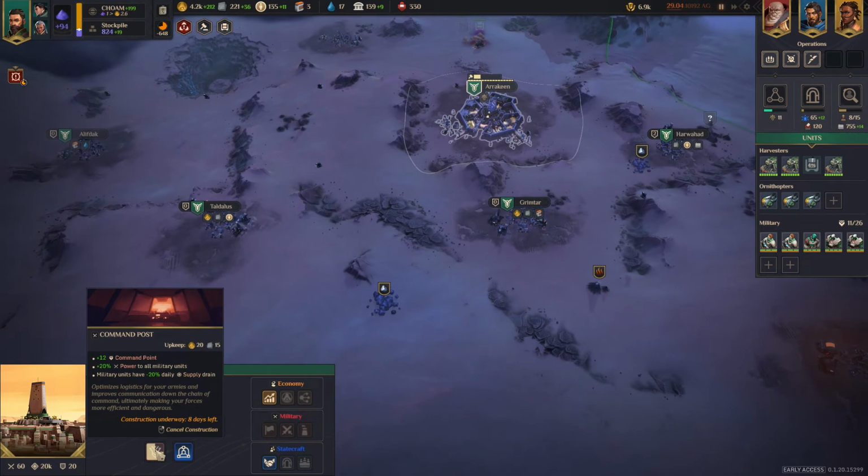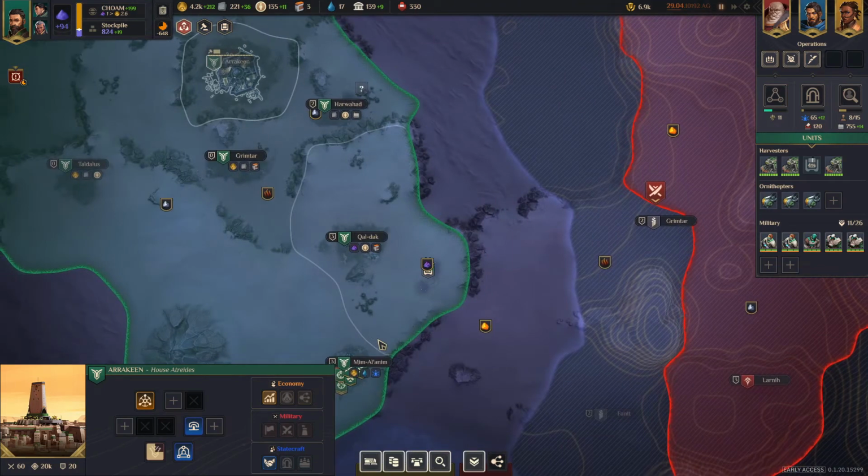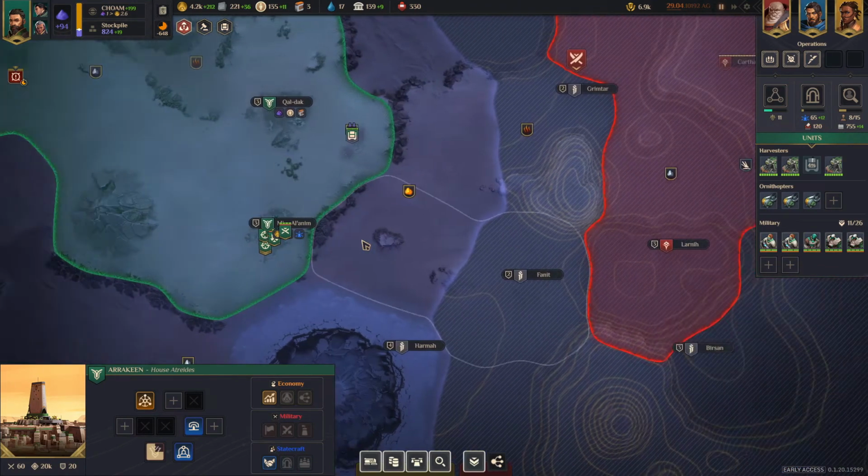We don't necessarily have a specific use for that, but being able to have 20% additional power to our military, as well as having 12 command points at our disposal in case we want it, can't hurt. We have a fairly small army at the moment, although it doesn't seem...